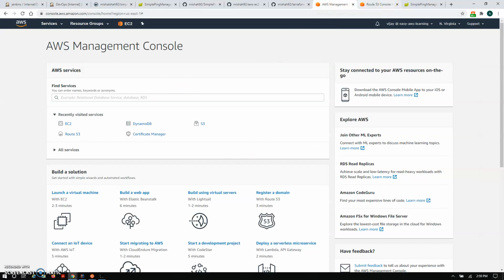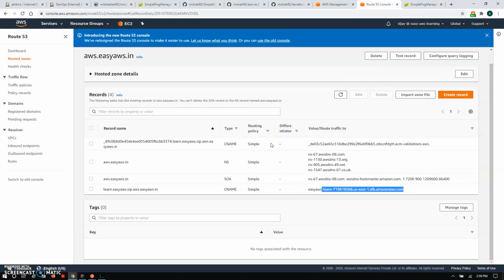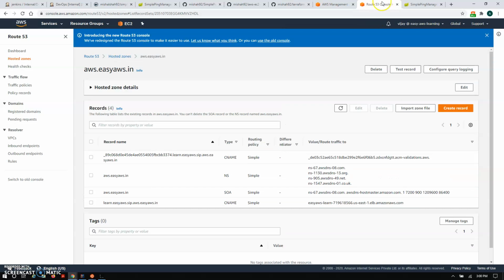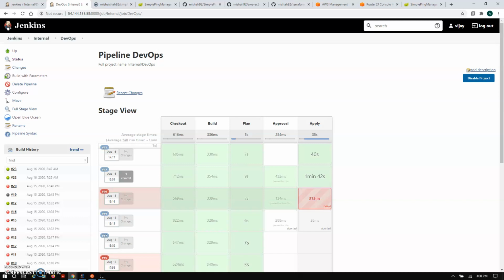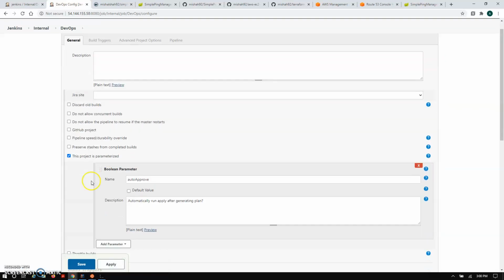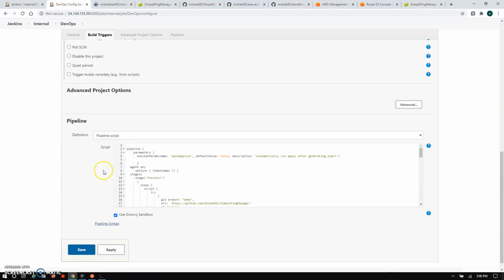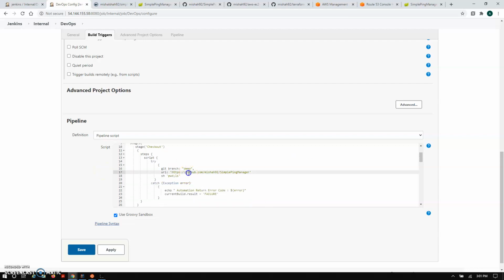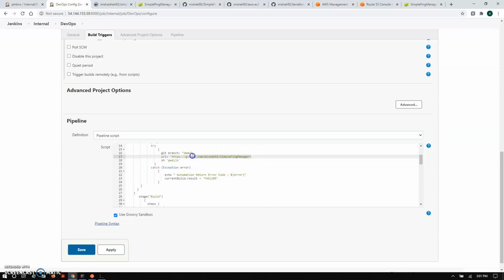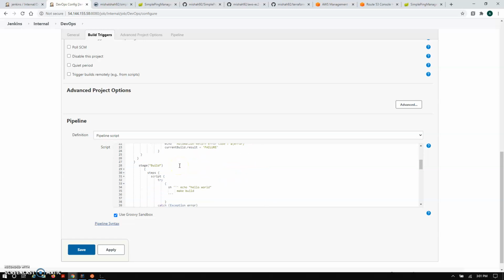So this complete infrastructure is created in AWS. Now let's move further. Let's move to the Jenkins part, where we are running our pipeline project. Here I'm running my pipeline project. It's simply a DevOps pipeline created here. Let me show how I configured this pipeline. This is a very simple pipeline, but you can find a lot of configuration as this pipeline is implicit. Here we are simply cloning our repo. You can find the same repo for your reference also.